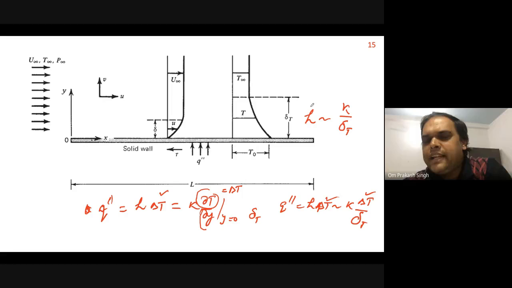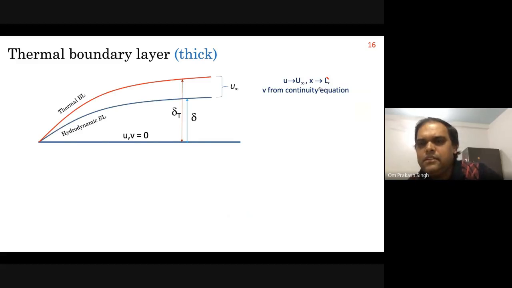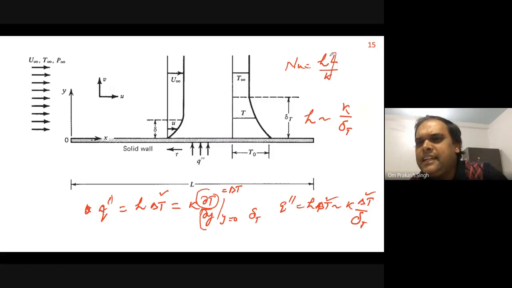So our ultimate aim of studying heat transfer is to calculate the heat transfer coefficient h, or sometimes we replace this in terms of the Nusselt number, hL by k, a non-dimensional number. Nusselt number is nothing but hL by k. So this L is the characteristic length and k is the property of the fluid, so we will not worry about this. Ultimately, at the end of the heat transfer study, it boils down to calculating the heat transfer